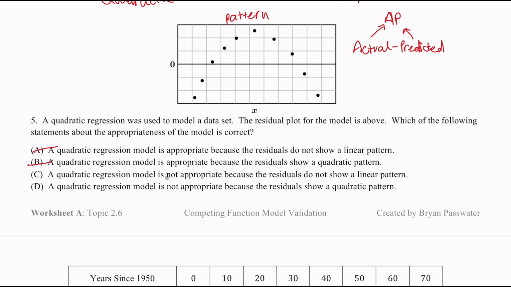So quadratic regression is not appropriate because the residuals do not show a linear pattern. Well, if it doesn't show a linear pattern, it'll probably be appropriate for that linear, so it's not C. And now D, a quadratic regression is not appropriate because the residuals show a quadratic pattern, which it does. Also, we're looking for a quadratic regression here, so